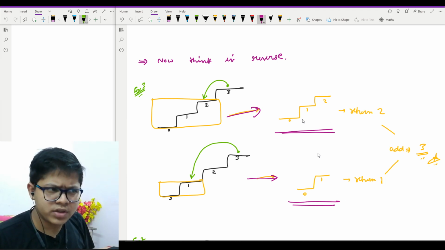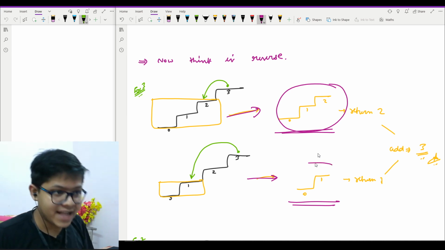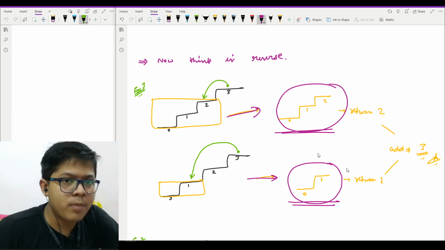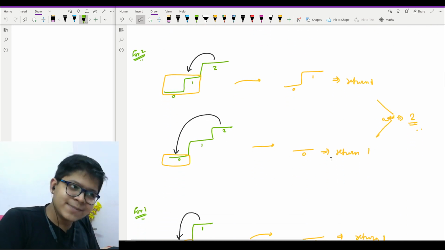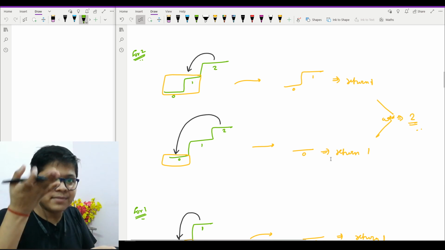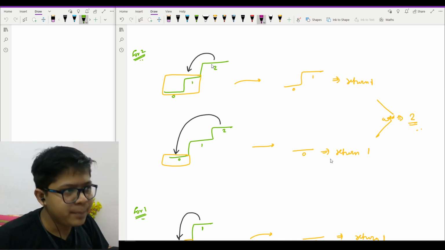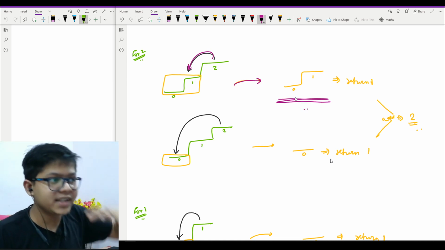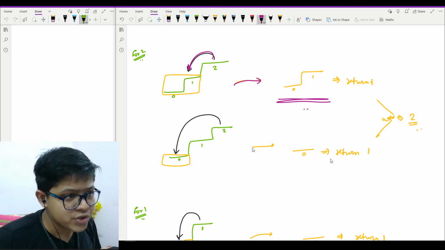So I know that I need to find the answer for staircase 2, I need to find the answer for staircase 1, and I will add those results. Now my problem reduces to finding the answer for staircase 2. Let's move to staircase 2. As with staircase 3, on staircase 2 where I am standing, I also have two options, a jump of 1 and a jump of 2. On a jump of 1, my problem reduces to staircase 1, which means I can assume that I have one staircase. When I take a jump of 2, it reduces.